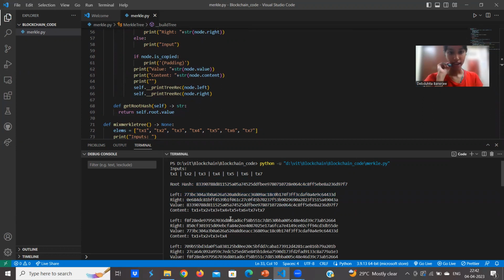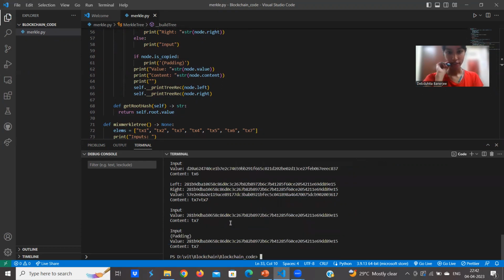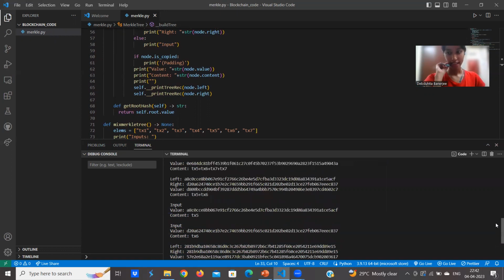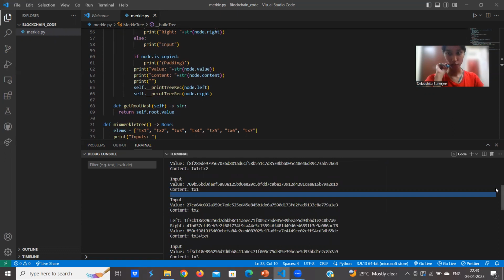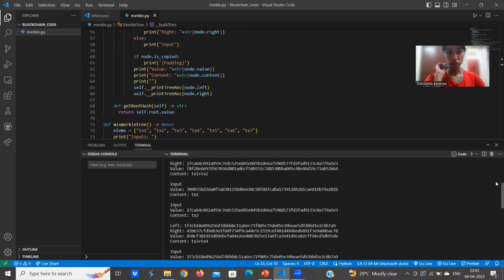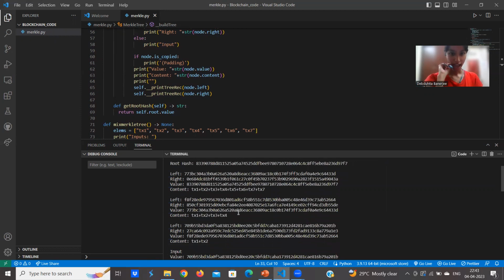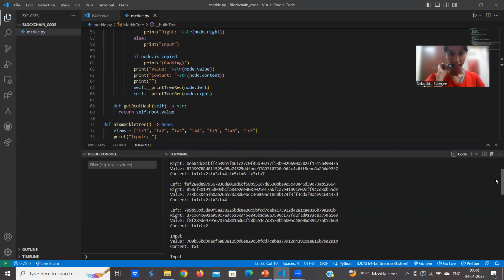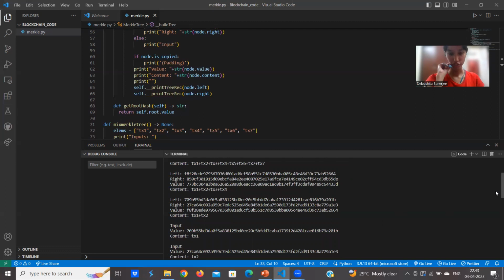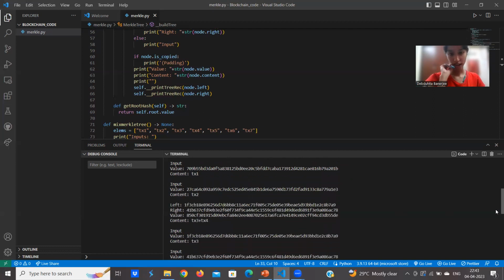Next, when we traverse back to the left subtree of the root node, we have a subsequent hash value of the left node and the right node, and this is the combined hash of transaction 1, 2, 3, and 4. Next, similarly, traversing the tree, we will have the combined hash of transaction 1 and transaction 2. And then we'll get the hash of transaction 1, transaction 2, and now we go into the right subtree